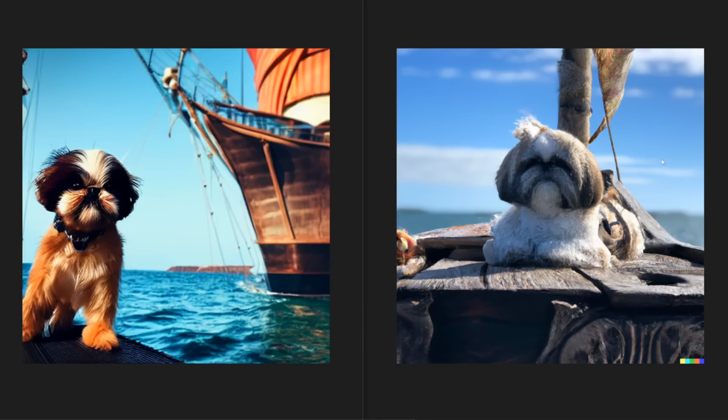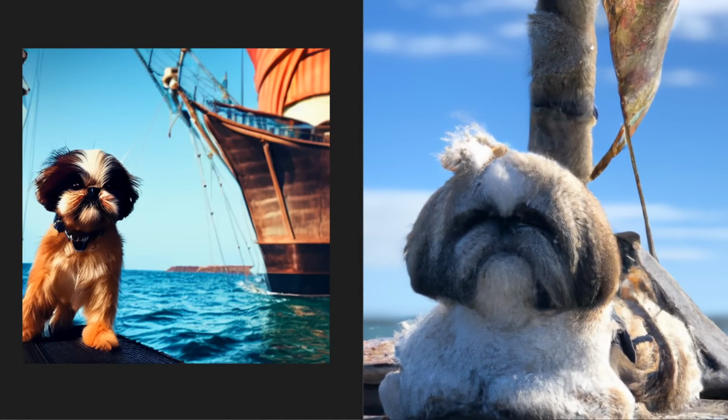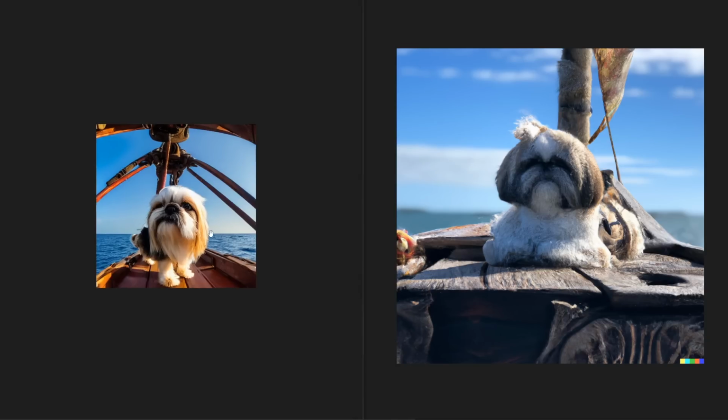And over here on Dall-E 2's side, we definitely have the same thing. It's a low angle photo. It's definitely a Shih Tzu dog. That's the breed, a Shih Tzu. He is on a pirate ship, but for some reason, the upscaling got messed up with this photo, and the whole pirate ship is fuzzy. It's also a very blurry photo of the Shih Tzu. I think this one's more clear, even though this is technically in a lower resolution than this image. I think the upscaling just did not do a very good job, and it's kind of a gross-looking image almost. So I think for this first one, Stable Diffusion definitely has the better image.